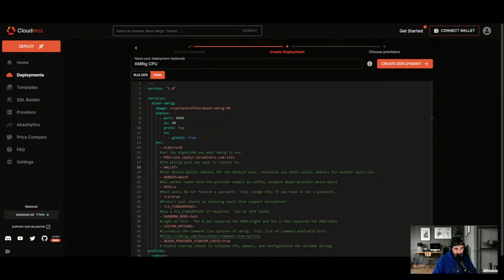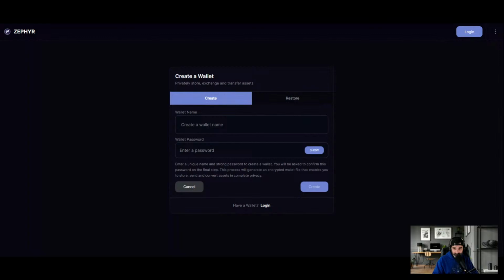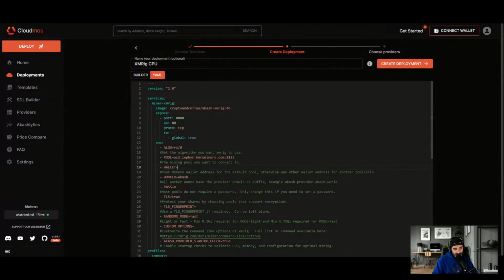Where you can find that, again, is by going back to the ZEPHYR protocol website and getting it off of your wallet that you created here. Remember? So copy that down, Control C, whatever you want to do. But you're going to go back to the CLOUDMOS platform. Sorry, I'm switching back and forth. I know. You're going to go back to the CLOUDMOS platform and put that in here on